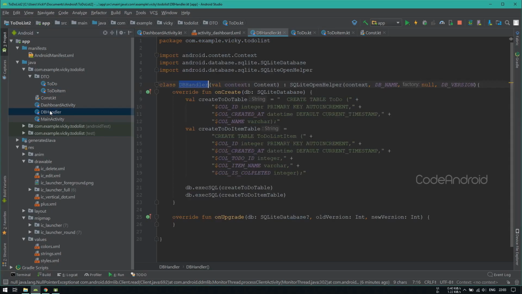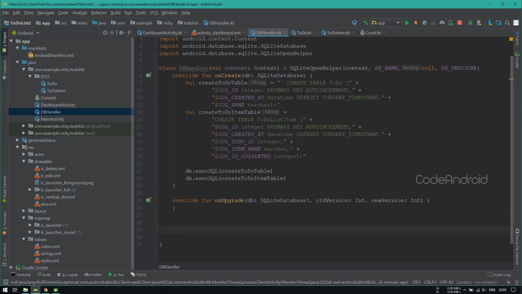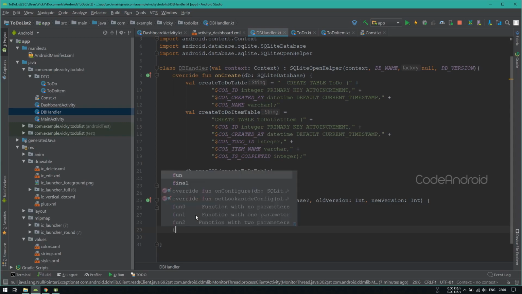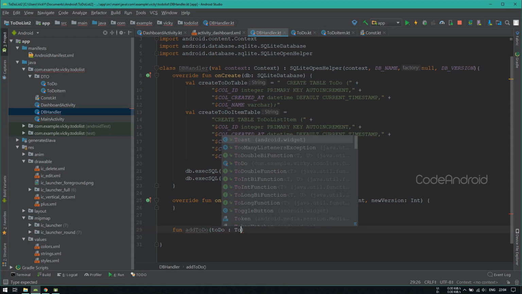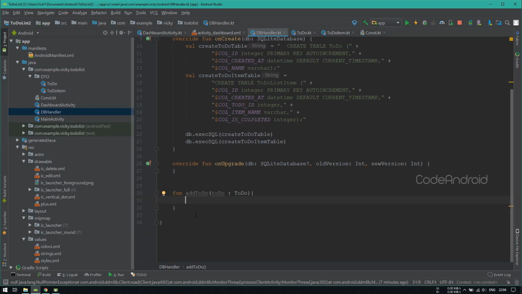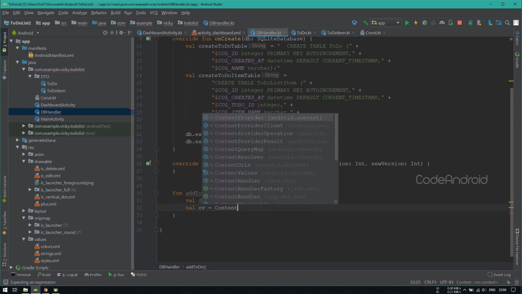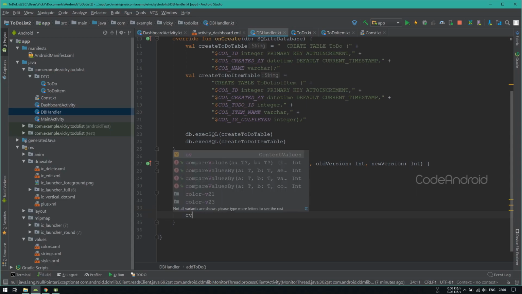Now we need to insert the task from the dashboard activity using the DB handler. Creating a function called addToDo, inside passing a todo object as a parameter. Here we are going to insert the data, so I'm getting the writable database. Creating a ContentValues and putting column names inside it.